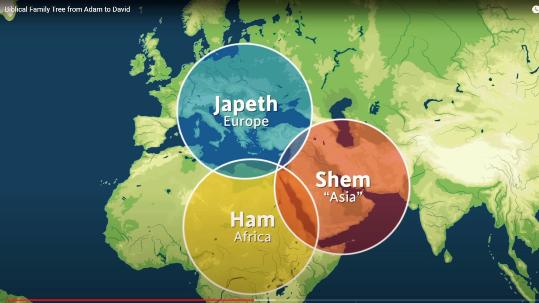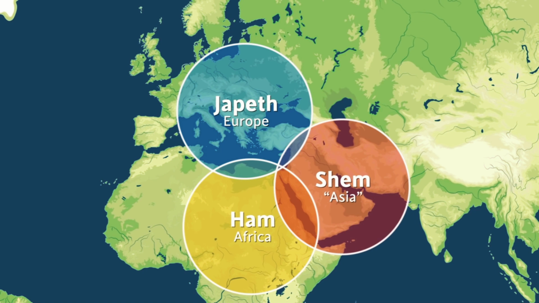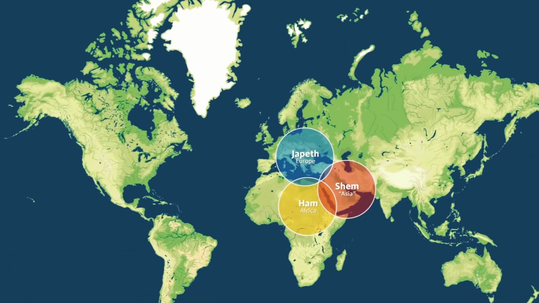Of three races, which unfortunately was used to promote a heck of a lot of racism. But we don't need modern DNA research to conclude that the classification system offered by the Bible is, at the very least, incomplete. You'll notice that the people living in India, China, Australia, the Americas, Sub-Saharan Africa, etc., were not included in this classification system. That's simply because the biblical writers weren't aware that those people even existed. What they were doing was simply painting a picture of the world as they knew it.